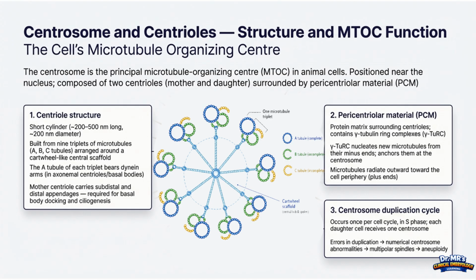Now, you mentioned a mother and a daughter centriole. How do you tell them apart? Well, the mother centriole is older, having been built in a previous cell cycle. Structurally, it is distinguished by specialized protein structures at one end called subdistal and distal appendages. And what do those do? These appendages are critical. They act as grappling hooks. If the cell needs to grow a primary cilium or flagellum, the mother centriole uses those appendages to physically dock against